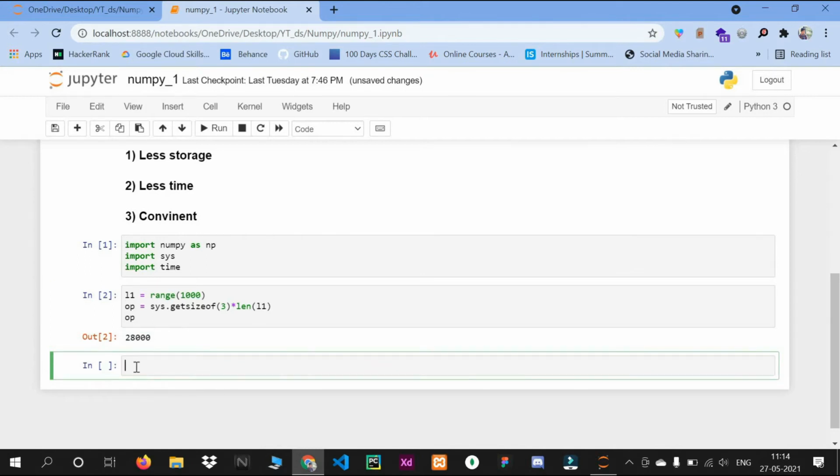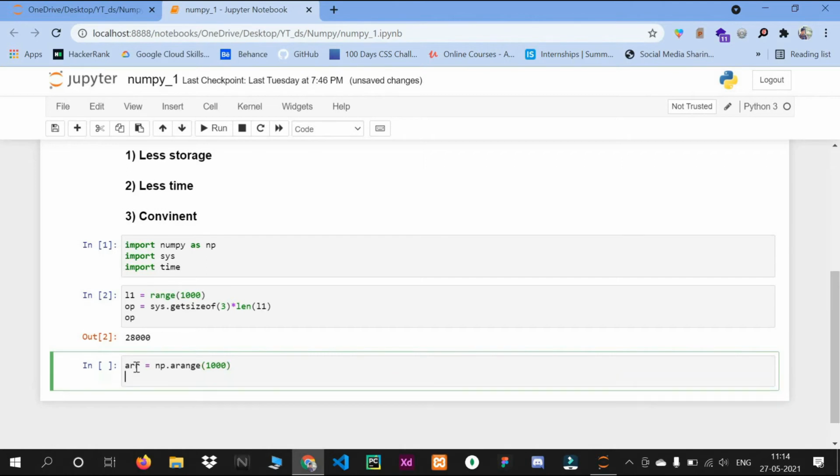And let's see about NumPy. I will create one array with np.arange. I will take 1000 and op, size of array into array.itemsize.